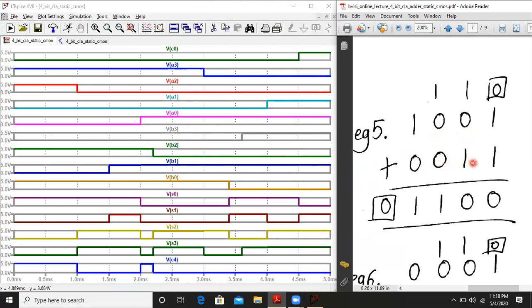Now we'll check the sum from S0 to S3. The sum we have is 0, 0, 1, 1 and C4 is 0, and C0 is also 0 over here. So indeed this is also working. Now let us check manually whether this addition works or not. 1 plus 1 is 0 sum, 1 carry. Again 1 plus 1 sum is 0 and carry is 1. 1 plus 0 is 1, and 1 plus 0 again the sum is 1. And C4 is also 0. So indeed this case is also working.